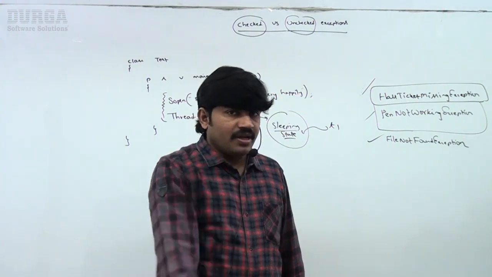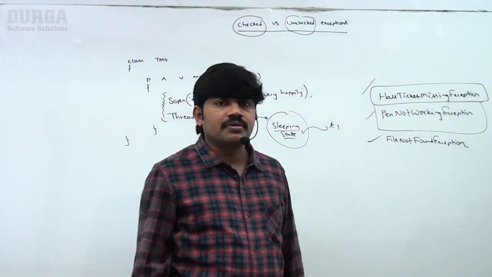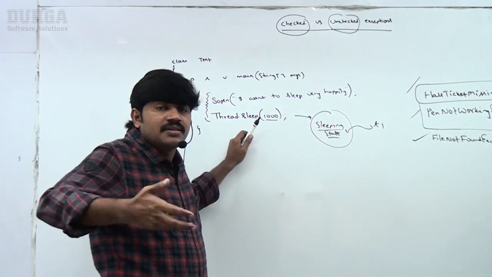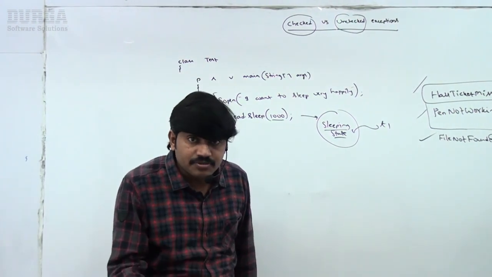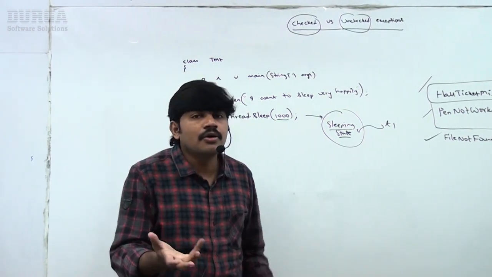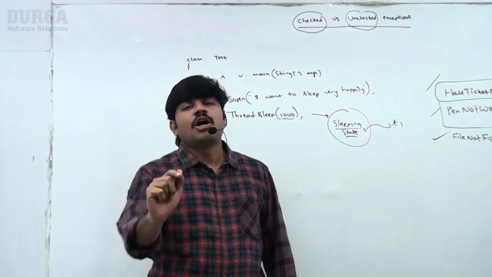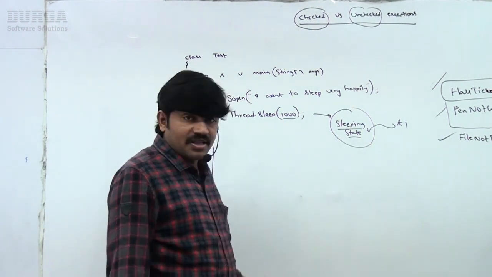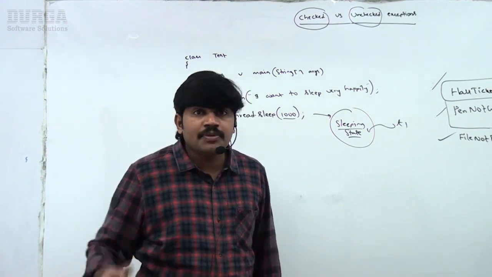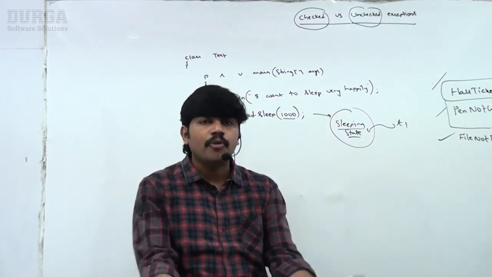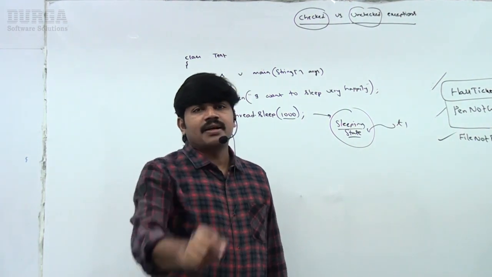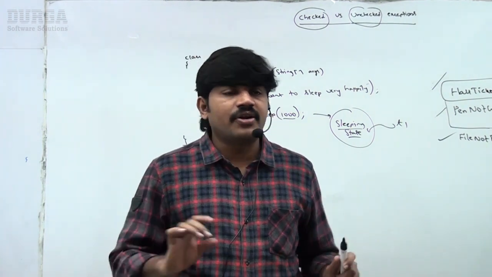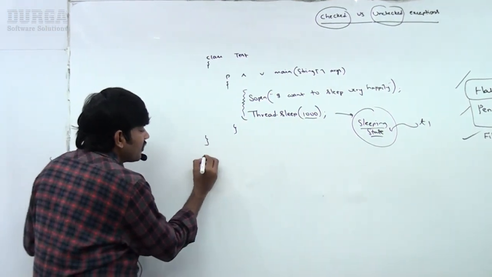Now the compiler will ask only one question. Durga, in your example, there may be a chance of InterruptedException. You didn't report about this exception. How can I compile this code? Whenever you are using the sleep method, there is a possibility of InterruptedException. You didn't report about this exception, so how can I compile this code? Compiler will always give left and right. What exactly is the error? Observe that compile time error.